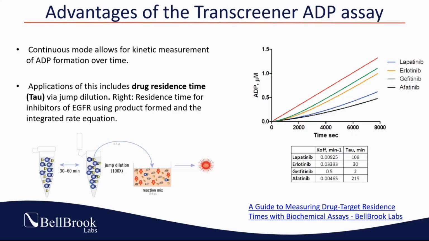And here I show on the right an example of a residence time determination for inhibitors of EGFR, using the product formed and the integrated rate equation. That is the basis of the drug residence time determination. Of course, this is a really important piece of information. It is becoming increasingly acknowledged that drug potencies are not sufficient for describing the total pharmacological activity of a drug. And that is because as these assays tend to be performed in systems that are much simpler than the ultimate target system, a human, for example,